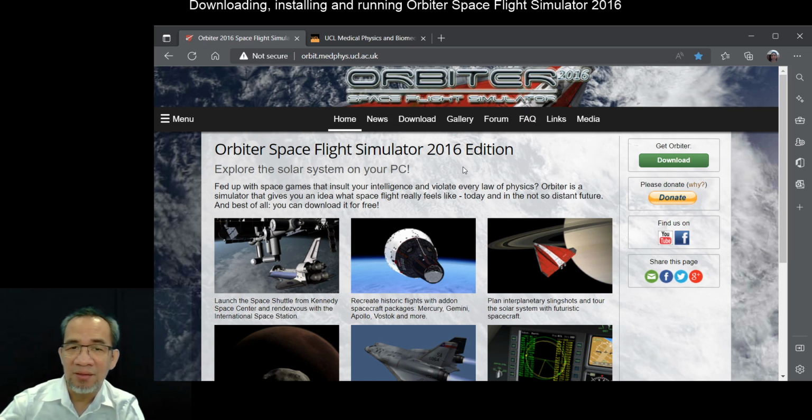In this case, we're going to download. There's also a download button here, by the way. This donate button is, of course, if you want to, because Orbiter is actually free. Pero one other way to put it is donationware siya. Meaning if you feel that this program is excellent and you're very happy with it and you feel like donating